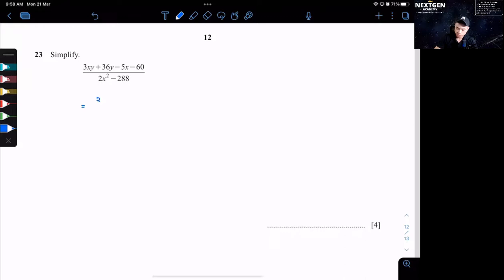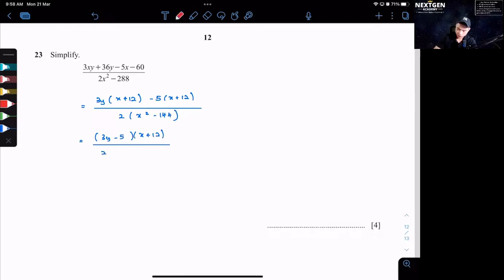So first 2 terms, you see there's 3y from both of it. Then you'll get x plus 12 here. The third and fourth term, I can factorize out negative 5 because negative 5x and negative 60, then x plus 12. Okay, this is one of the ways to factorize also. And then at the bottom, I can factorize out 2. Okay, so the top, what y'all can write is like this: (3y minus 5)(x plus 12) over